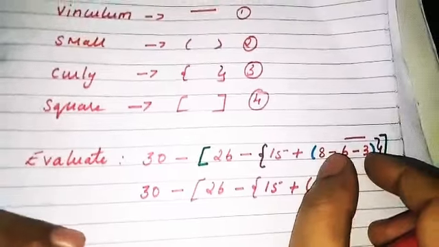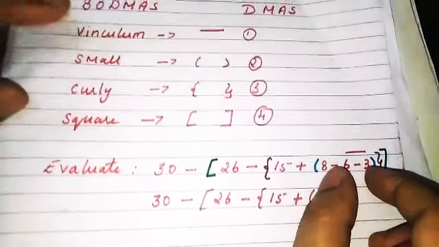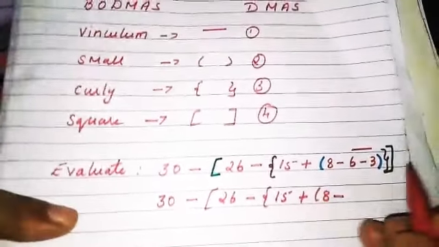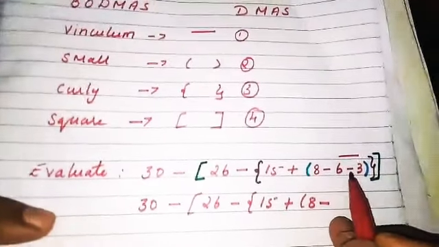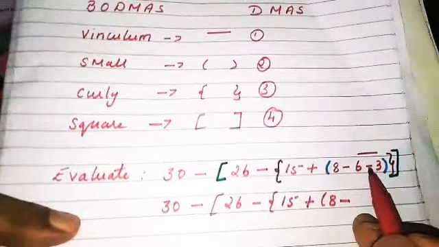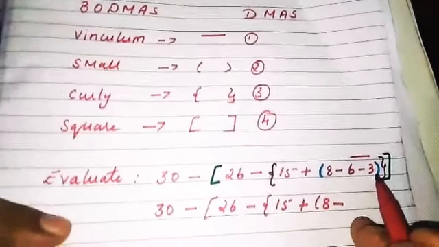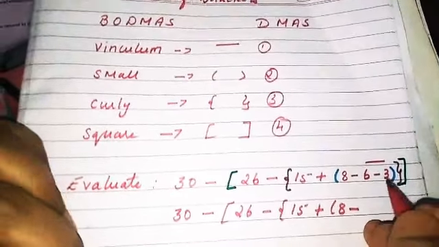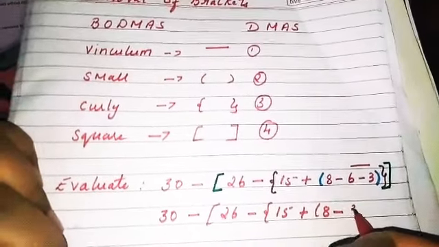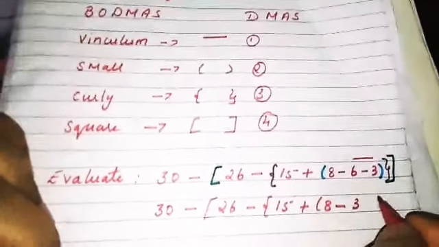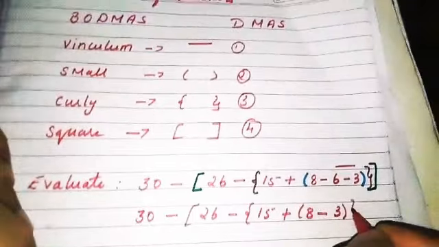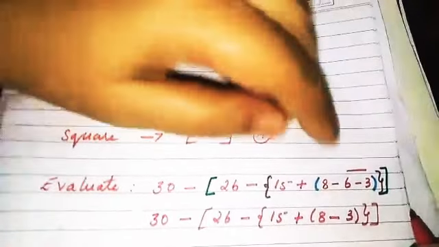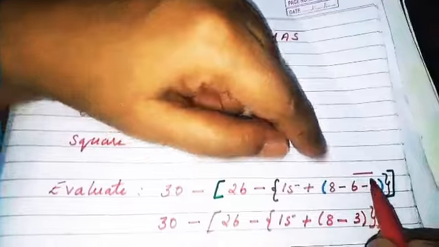So the order is, first we have to remove the vinculum bracket. Let's simplify that. 6 minus 3 gives us how much? Yes, 6 minus 3 gives us 3. Very good. And let's write the rest of the brackets as it is. Now, since we have simplified the one under the vinculum,